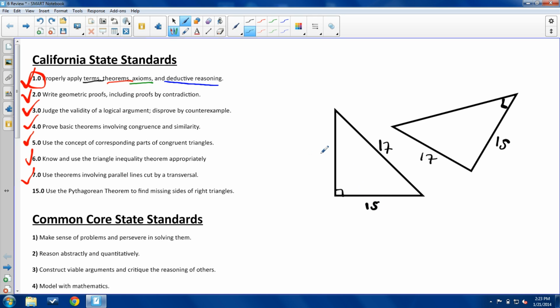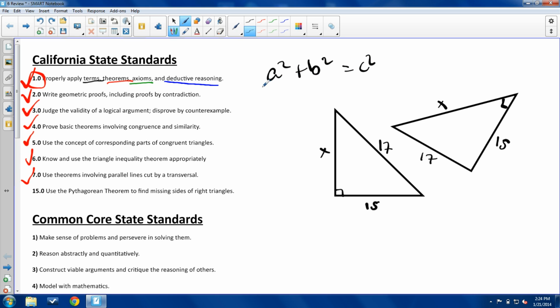And I want to figure out if these two guys are the same. Now remember, this is a leg because this is on this side of the right angle. That's the hypotenuse. So I want to know if this is the same leg. Now here's where HL kicks in. HL says if I know the hypotenuse, if they're congruent, and if I know one set of legs are congruent, then that other set of legs must be congruent. Because if I use Pythagorean theorem,